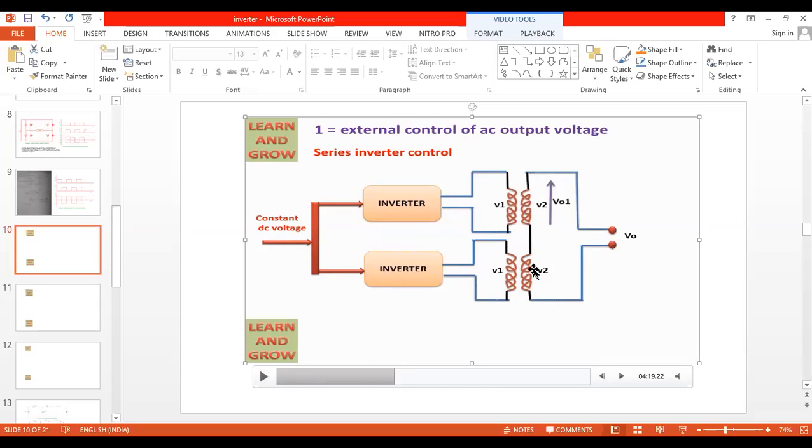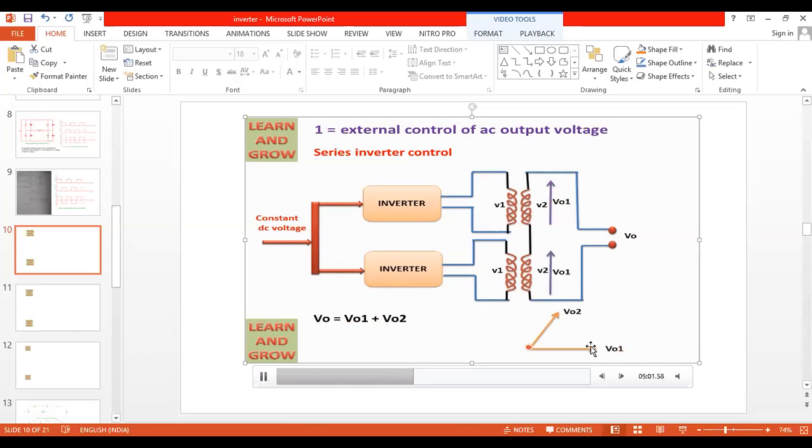Okay. So in series, the same current is flowing. When two windings are connected in series, their voltage value increases. But if they are not connected linearly, we have to take the vector calculation. So what is the output voltage? It is not V0 equal to V1 plus V2. It is the parallelogram law of vectors. It is a vector combination of both the quantities: square root of V1 square plus V2 square plus 2 V1 V2 cos 90. If the angle is 90, cos 90 is 0, we are going to get this. You can see, here it is a vector combination.